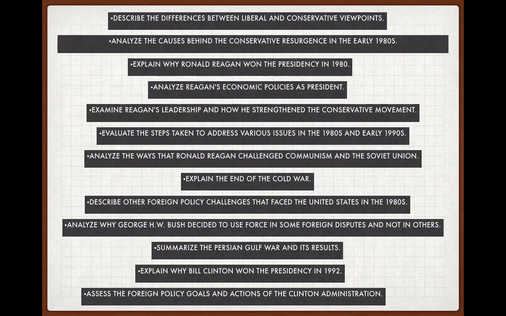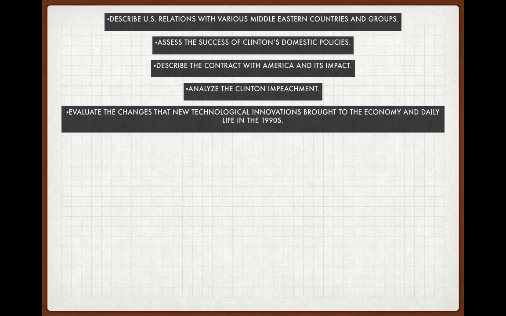the Cold War, describe other foreign policy challenges that faced the U.S. in the 80s, analyze why George H.W. Bush decided to use force in some foreign disputes and not in others, summarize the Persian Gulf War and its results, explain why Bill Clinton won the presidency in '92, assess the foreign policy goals and actions of the Clinton